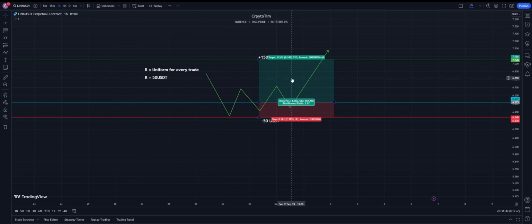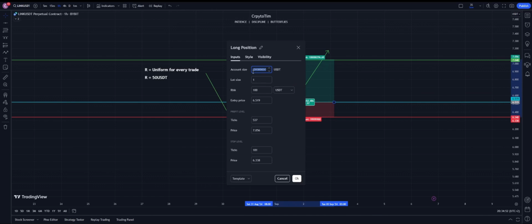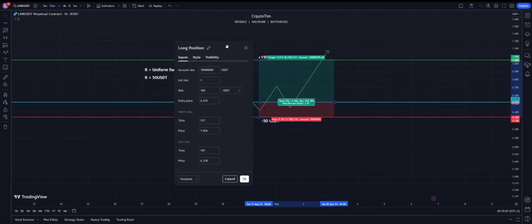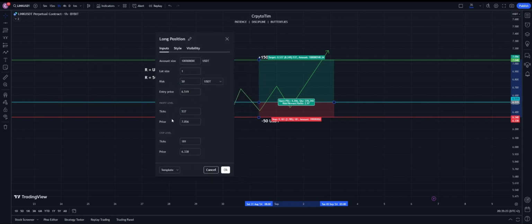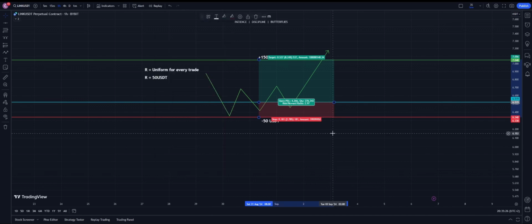So how to calculate this? We double click. Our account size, you can set it to something really big, doesn't matter, because we're just having a USDT value as our risk factor. You can also set a percentage, then you need your account size to be exact. But I don't like using percentage, I like to stick to a real value. So let's say I want to risk 50 USDT, my entry price is set, my take profit price is set, my stop loss is set, I'm clicking on OK, and we'll see I need to buy